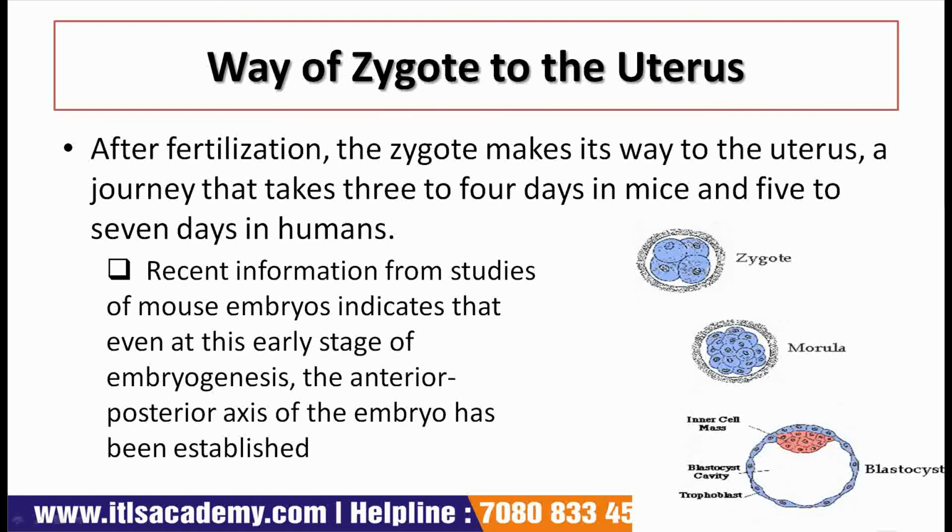Here in this diagram, it is shown this is zygote. Zygote develops into morula, and morula further develops into blastula, that is blastocyst. This blastocyst is a stage just before the implantation. At the stage of blastula, this zygote implants with the uterine wall. The structure of this blastocyst includes trophoblast, that is the outer layer, inner cell mass, that is a mass of cells at one place, and one blastocyst cavity. It is also known as blastocele cavity.